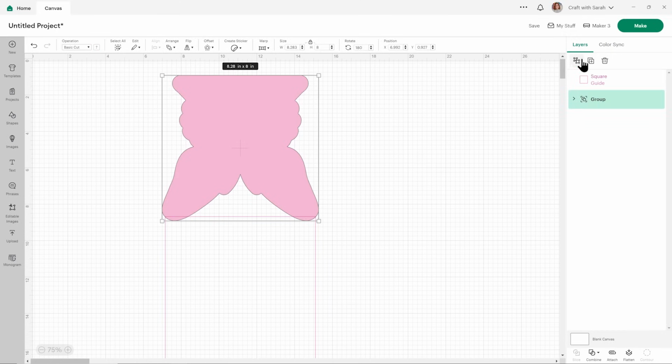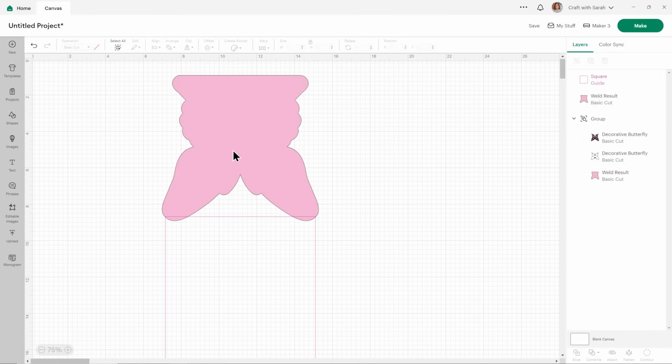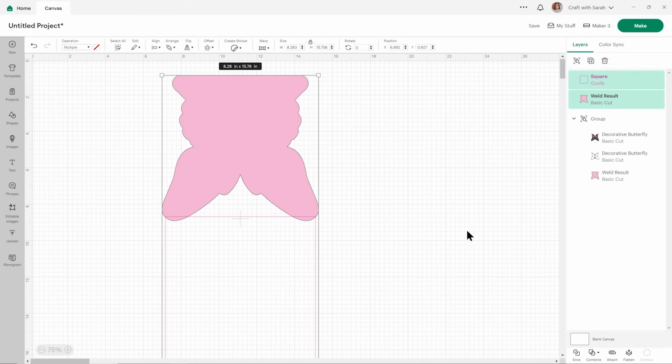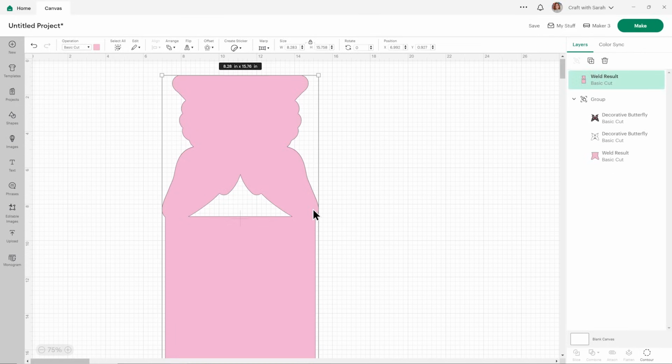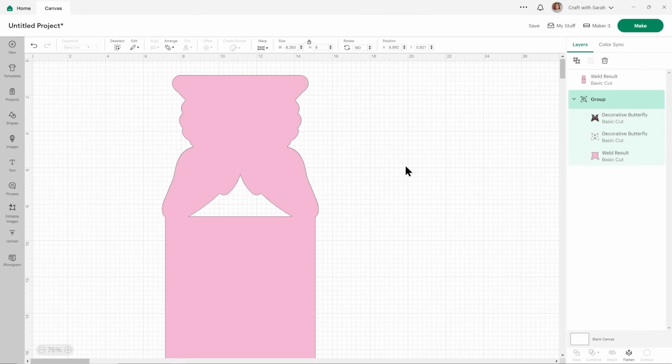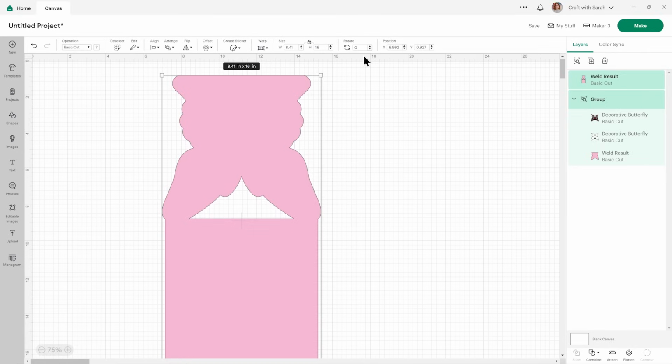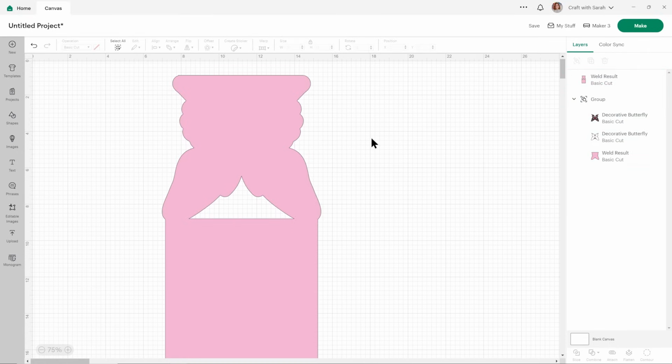Then I'm going to ungroup that base one, and just select that and the square and go combine weld to join them into one. Because we overlapped it a bit, this is now not exactly 16 inches again. So I'm going to make sure I've got everything selected, which includes my front of the card, all the different layers of the butterfly, and just change it back to 16 inches. I just want a nice number to work with on this bit, a nice even number.